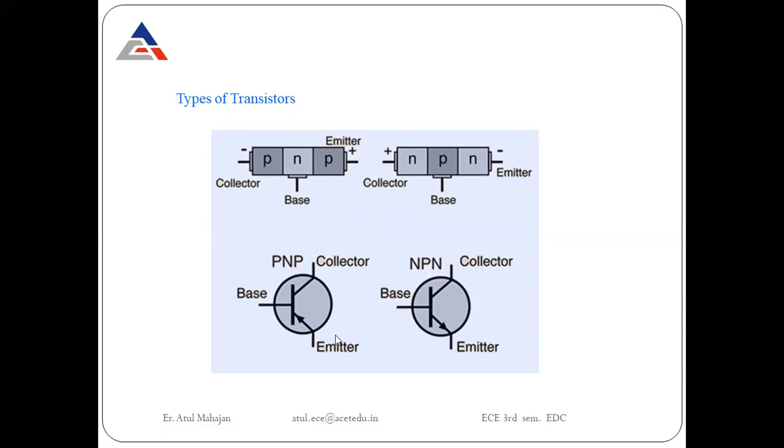Similarly, in an NPN, we also have three terminals: emitter, base, and collector. This is the symbolic representation of PNP and NPN transistors. The arrowhead is always associated with the emitter junction of the transistor. Why? Because it depicts the conventional flow of current,